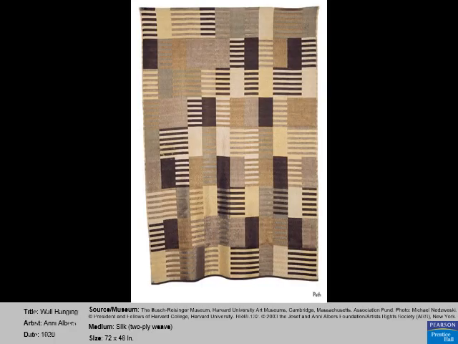1926, we move to the 20th century, and here we see Anni Albers designed this piece called the wall hanging, and it really reflects 1926. Now we're kind of between World War I and World War II, and you've got a different kind of design phenomenon going on in the world. And this piece has a very early modern sense of pattern and design. But again, this is dyed silk.